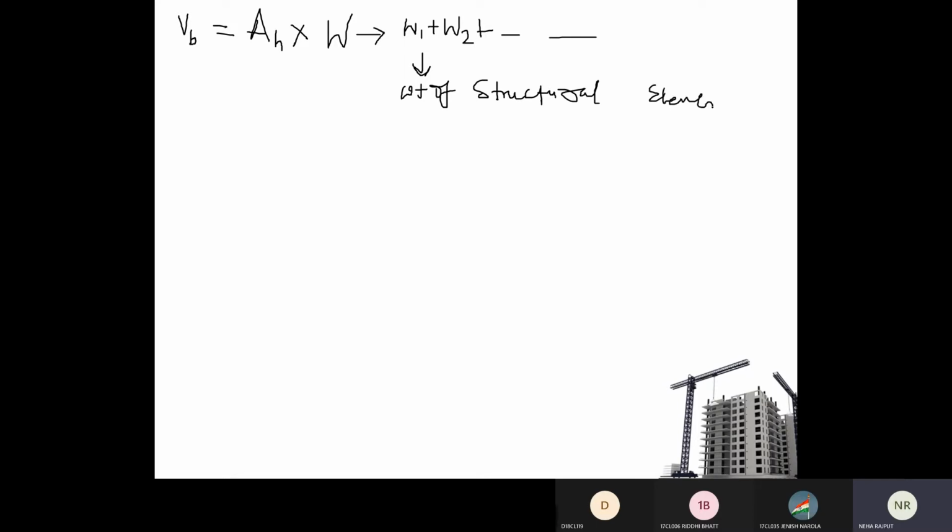That weight of structural elements are beams, columns, slab, masonry wall, and if it is there, shear wall. Right, so you can find the weight. Beam and slab weight